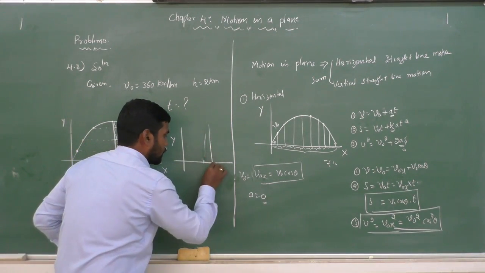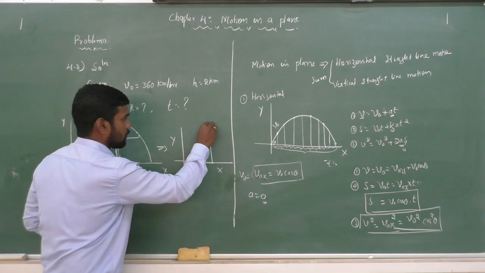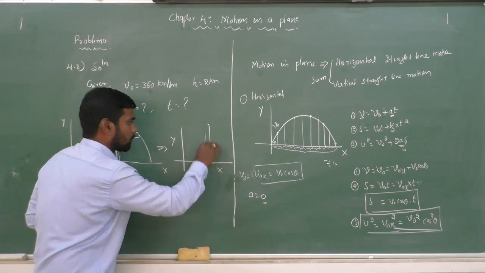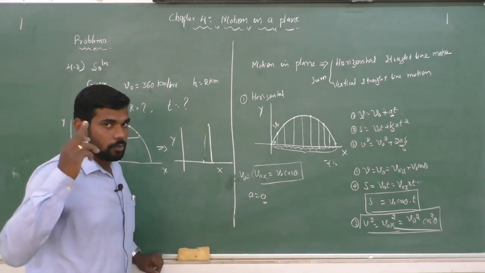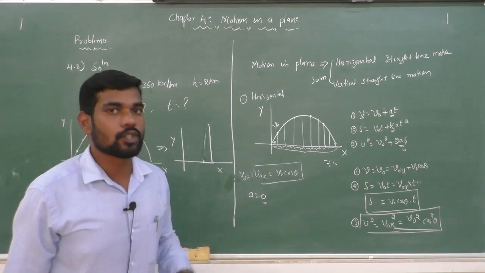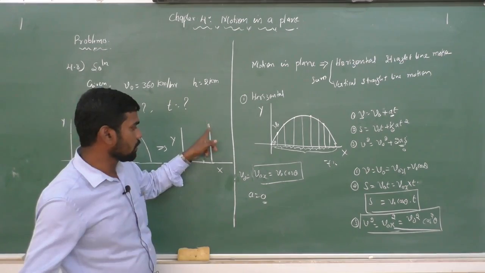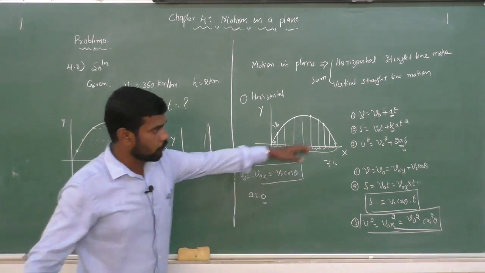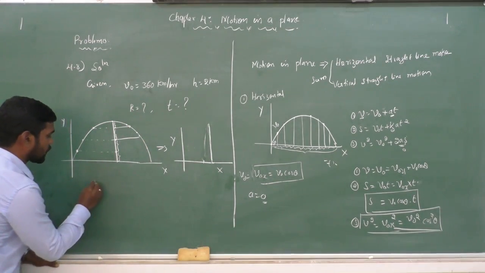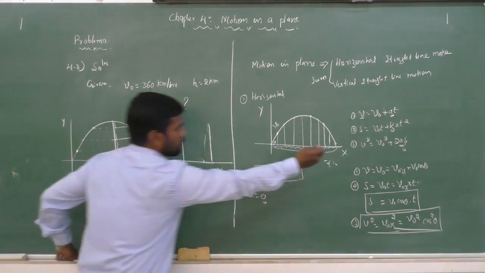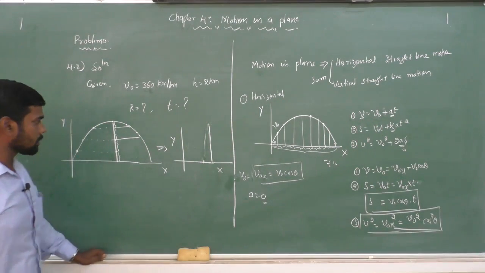Vertically, the object moved from here this distance, the same distance, and again it comes back. Like this it moved. The object can be imagined, and that should be noted, to move in this vertical direction, from here to here, from here to here. Then the equations of motion should be satisfied. Is it right? In the first equation of motion, we should find out what that V naught is.